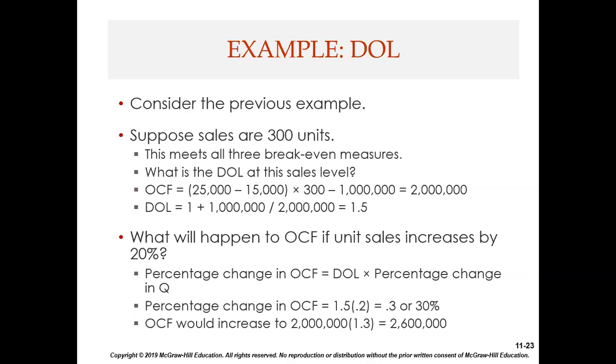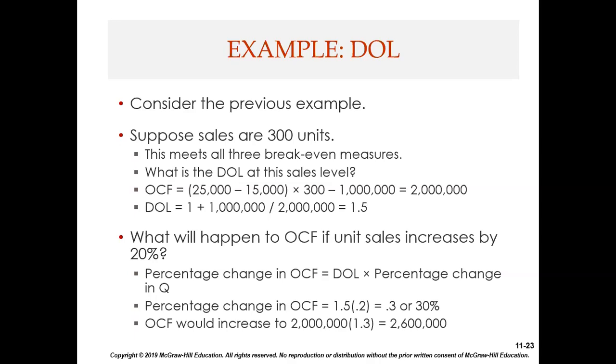In this case, they just netted selling price and variable cost together and took one number, 20,000 times 300. Subtract from that your fixed costs,